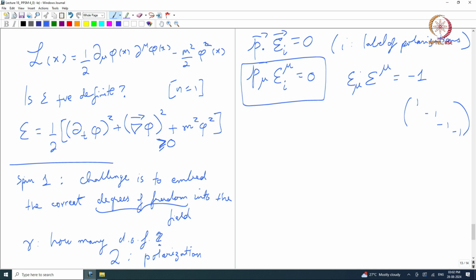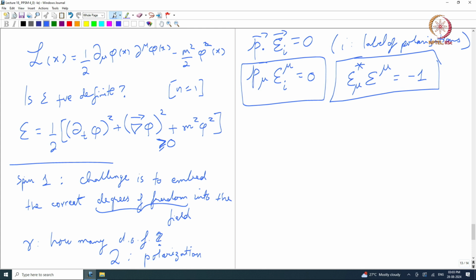But this is not all. The polarizations can in general be complex. So this is the convention. I put a star and call this my normalization condition. Okay? Okay, so now with this in hand,